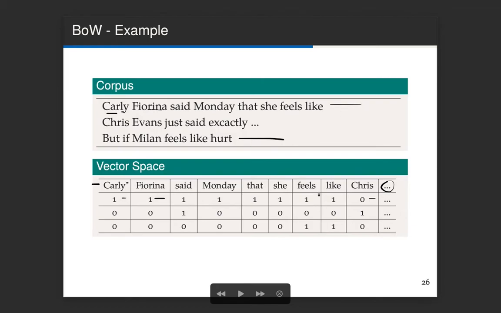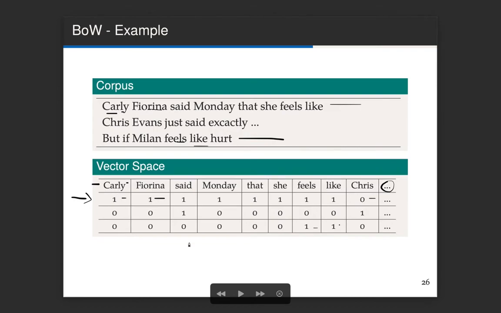What about the last one? You can see fields here, like here, and there is no other word that appears here, at least not the ones that we are seeing. Now, as you can imagine, if we look at this row and this row, and we keep the header fixed, then 1, 1, 1, and so on, 0, it's a vector, a really long vector, but it is a vector, and each of the components has a meaning. So the first component, if it's 1, means that in that sentence Carly appears.